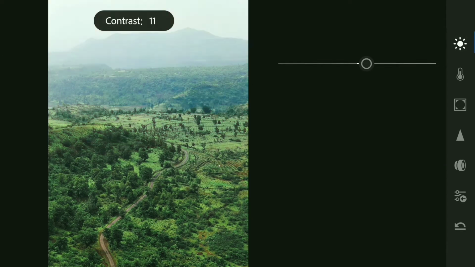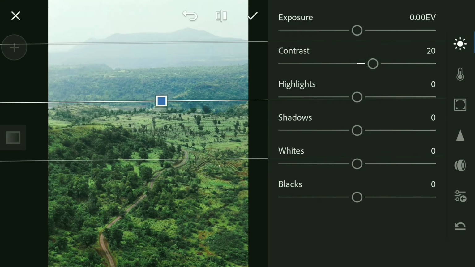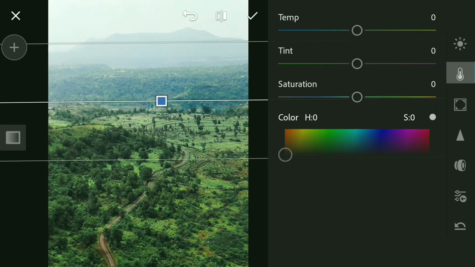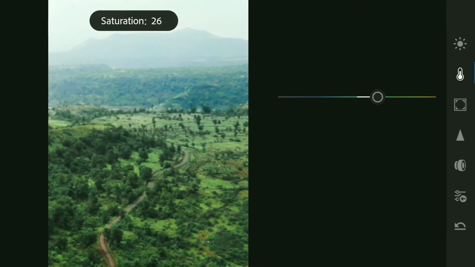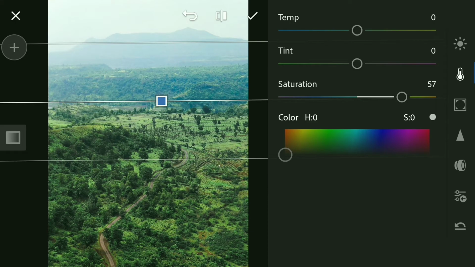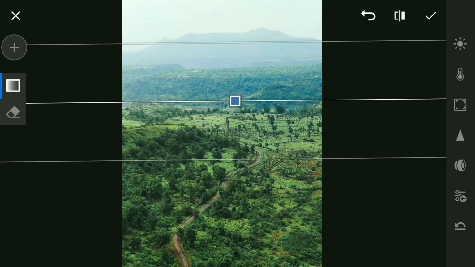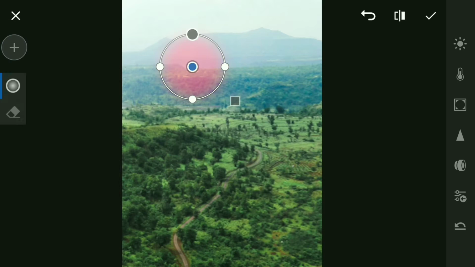To do that, I will increase the contrast and increase the saturation, because when we decrease the saturation of greens, the saturation of the greens on this part also decreases quite a bit. We will fix the blues that are appearing after some time. Let's apply a radial filter